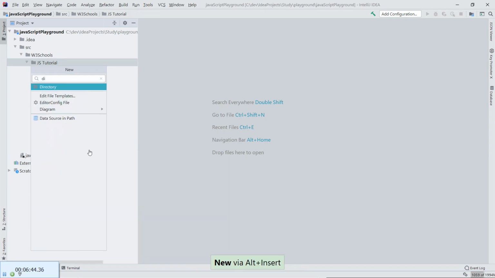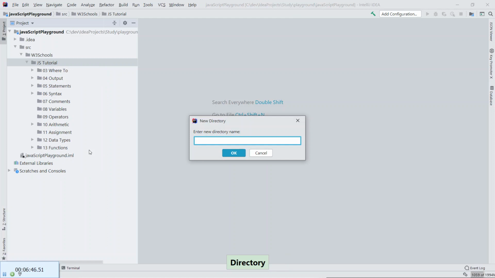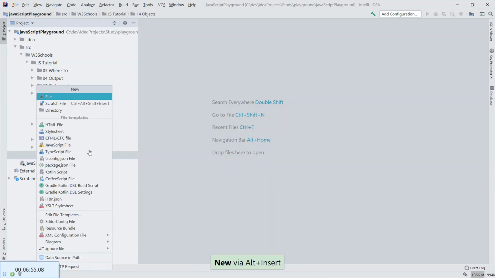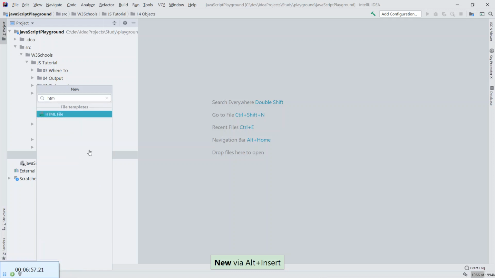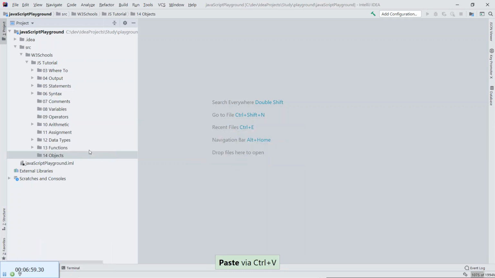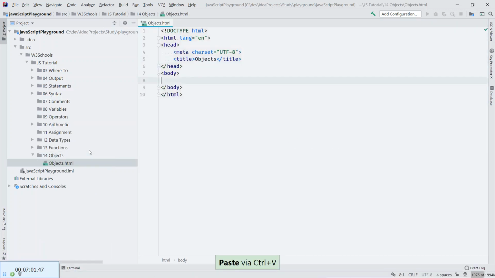Here it is, directory. This will be 14, and that was objects. Okay, here we will create an HTML file with the same name, objects, yep, and we do,